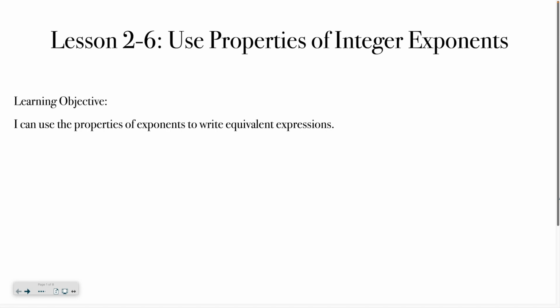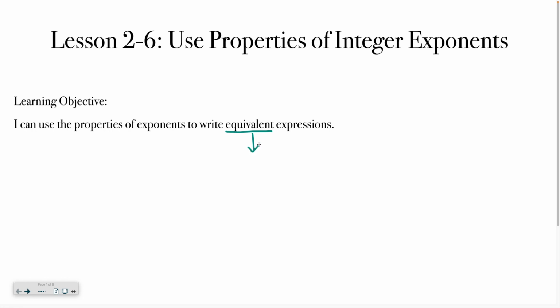And I would like to do just a little disclaimer that Lesson 2.7 is actually going to introduce even more properties with integer exponents. That one's going to focus more on the negative exponents, okay? But for lesson 2.6, we're going to focus on integer exponents, specifically positive exponents. So by the end of this lesson, you should be able to use those properties of exponents to write equivalent